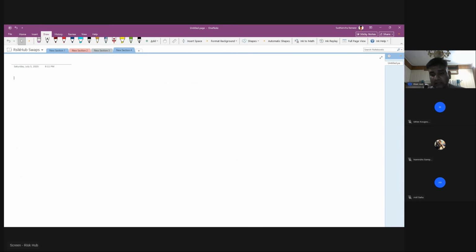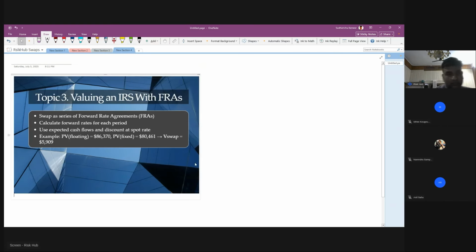This is not an easy topic to understand, guys. You have to be on your toes to understand, right? And I think this is the last numerical which is kind of difficult. After that things are easy, right? This is the last value of interest rate with FRAs. Thereafter there is nothing much in the topic, right? So we'll finish by 10 o'clock, right? All right. So, coming back to